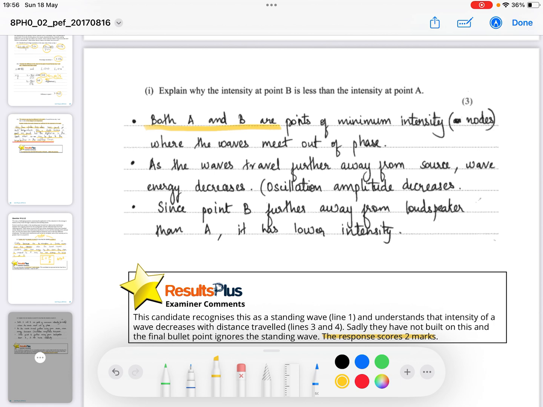So both A and B are points of minimum intensity, or nodes, good, clear English, where the waves meet out of phase or in antiphase. As the waves travel further away from the source, which is closer to A, wave energy decreases, inverse square law. And since point B is further away from the loudspeaker than at A, it has a lower intensity at B. I'm not sure they got the 3rd point on the marking scheme,